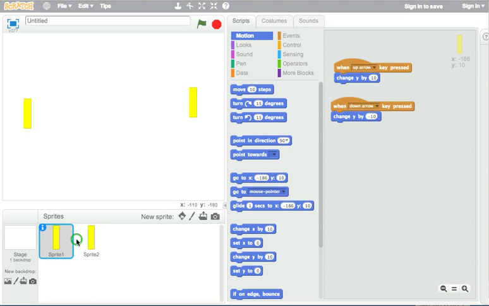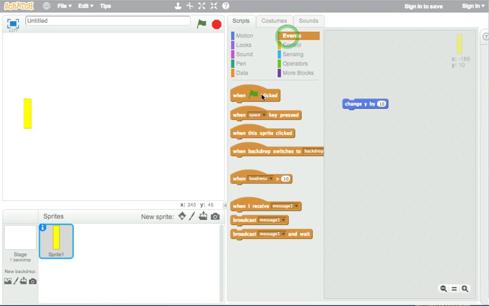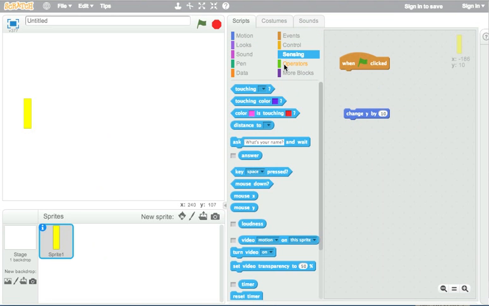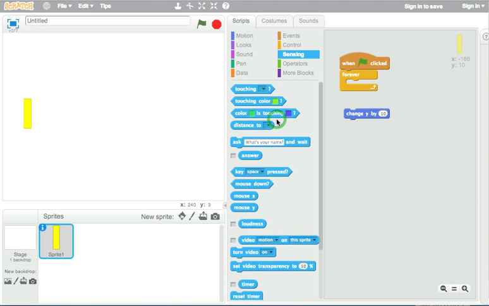The other way I could do it from a script is that I could change its Y coordinate by having a loop run and use a forever loop running, so that when the green flag, so when the game started, green flag is clicked, or some other start message. We'll use the green flag for now, and we'll just check if